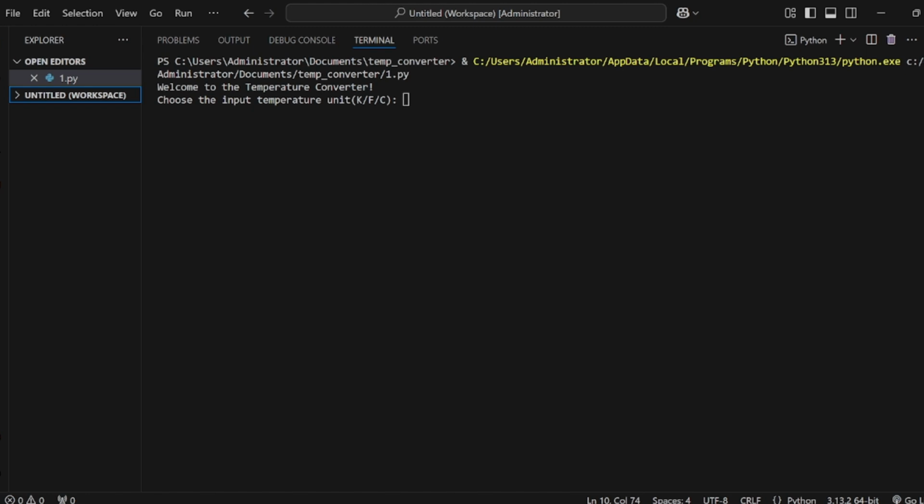In this quick tutorial, we'll be building a beginner-friendly Python program that converts temperatures between Celsius, Fahrenheit, and Kelvin. You'll get to choose both the input and output units, which makes it a super flexible and interactive program. As you can see on my screen here, I'm running the program and I'll take you through just how it